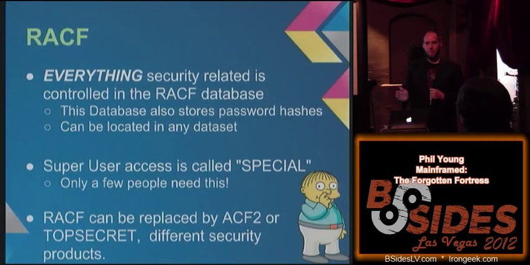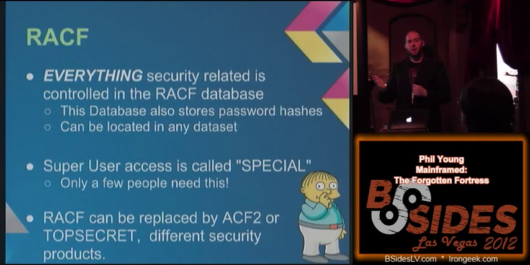Within RACF, people can be assigned what's known as the special attribute. It's not a group, it's like an attribute you give somebody. They don't have administrative access on the mainframe per se, so if you don't give them access to a file, they don't have access to that file. But they have access to change anything they want in the RACF database. So all they need to do is go into the database, change that permission, add themselves to the list of people who have access to it, and then go back and access that file. Okay? That's why it needs to be limited to only a handful of people. Not many people should have this level of access on the mainframe.